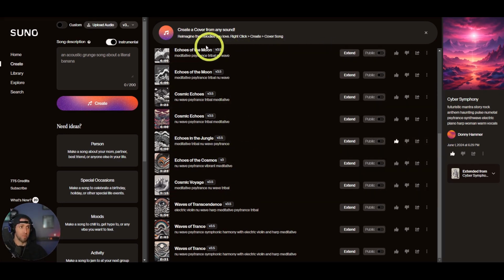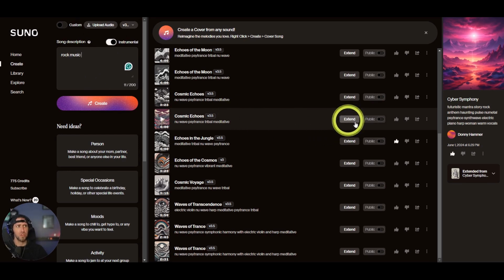For example, when you're just going in creating from scratch, you can put in a prompt over here, like rock music, with any instructions that you want to use and create with. So describing your favorite sounds, your favorite styles of music. Do you want a male or a female vocalist? Do you have lyrics that you want to create? All of this is just done over here in the song description and can be built upon using the extend